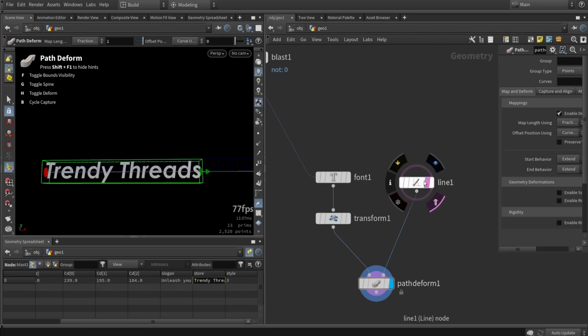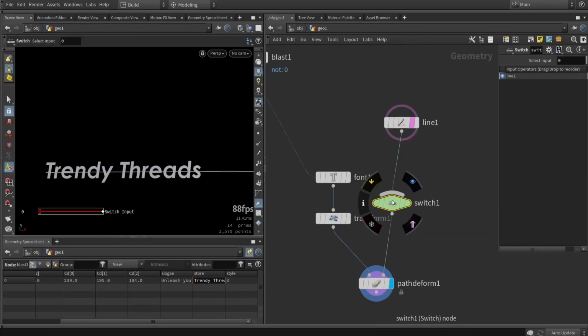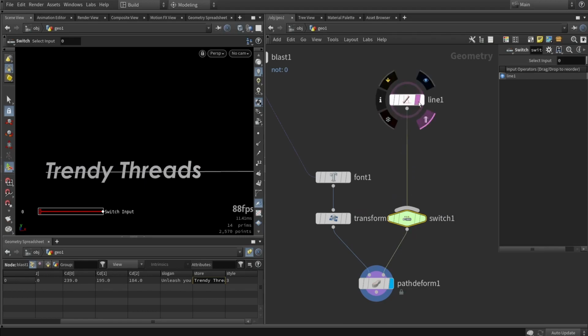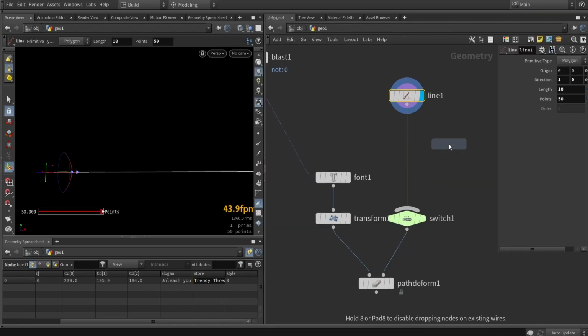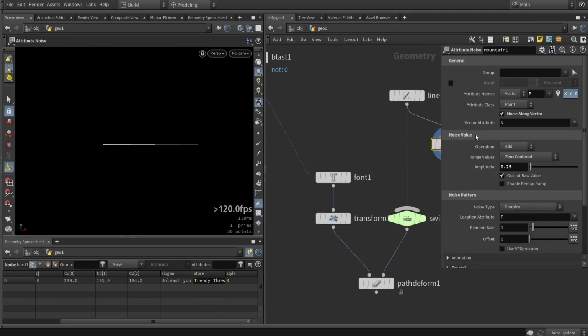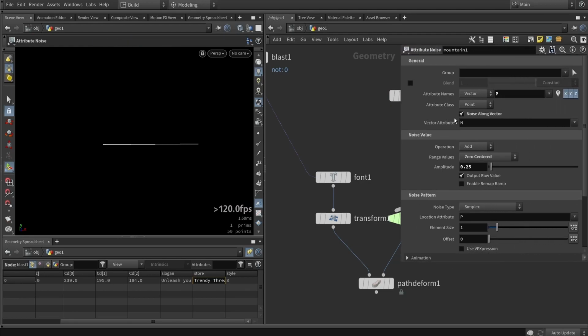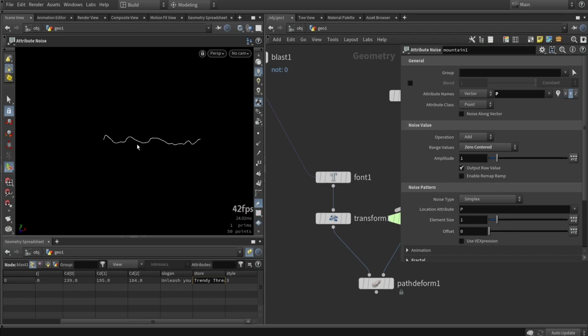One thing that I like to do here is adding a switch node for different options of a line. So our line is pretty, I would say, a bit boring. It's just a straight line, but we can also do a noising, the mountain node basically. So here we have the mountain node, and I recommend here to disable long vector, so it won't get super noisy. And we also want it to only be in the y-axis, which is the up axis in Houdini, so